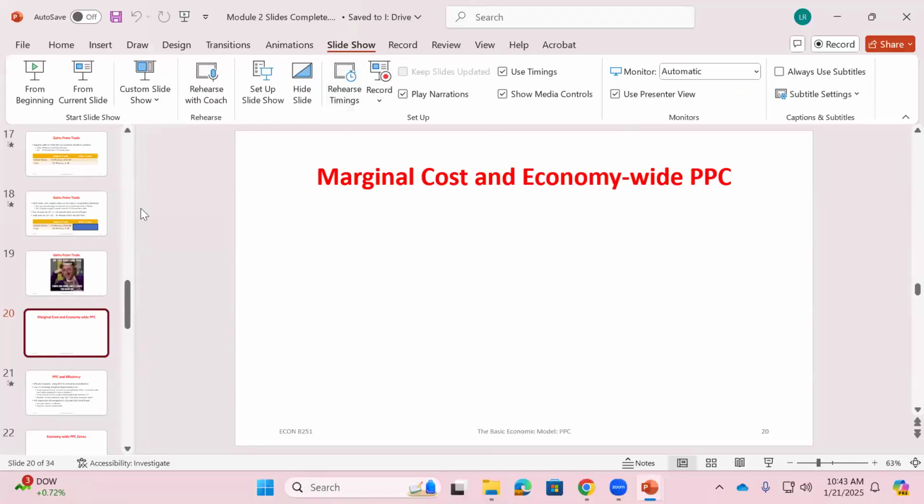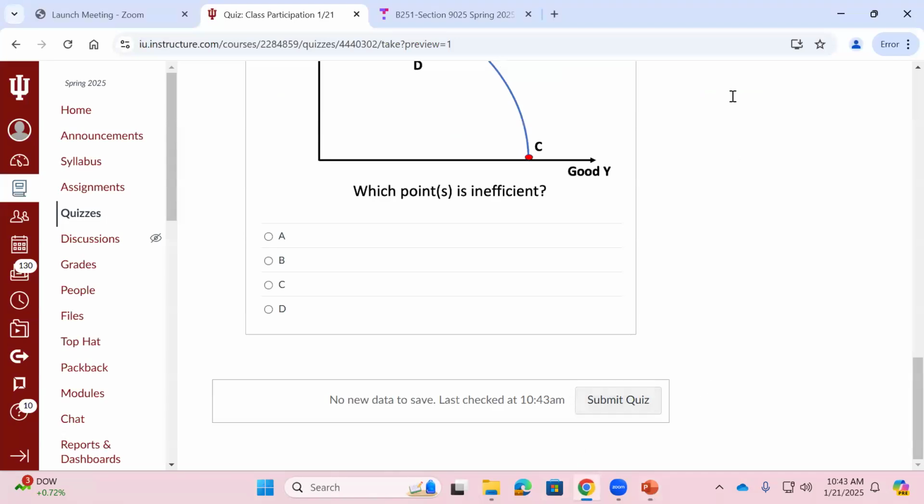Oh, let me, the Top Hat. Give me 1 second. Okay. I forgot on this. Yeah. When I'm doing the Top Hat homework, and I go through and I submit the answers as I'm going,